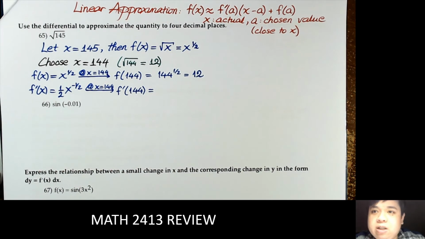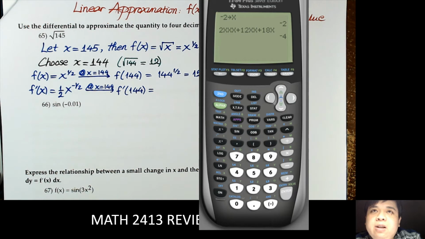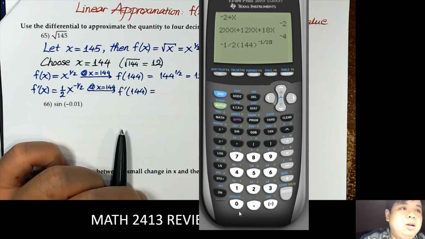Let's use a calculator. Negative 1/2, sorry. 1/2 times 144 to the negative 1/2, equal to